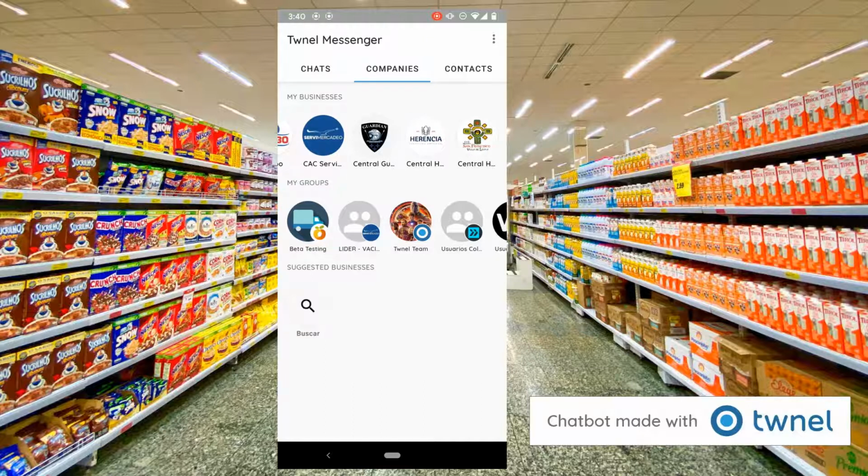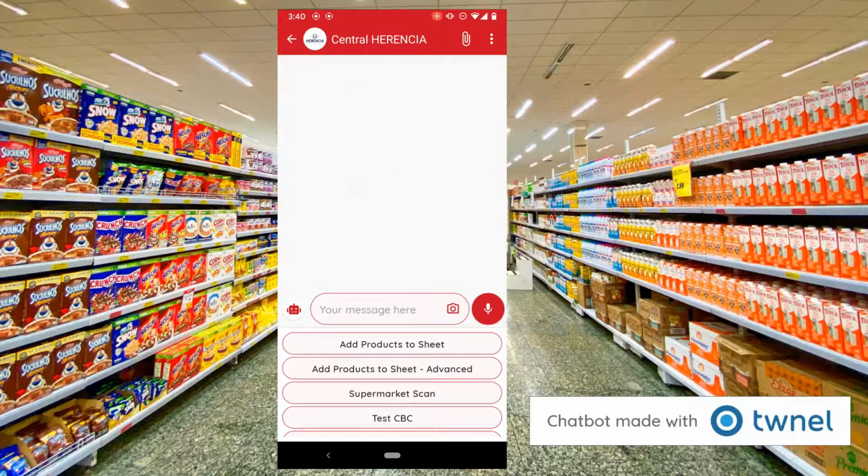So in this particular case, I'm going to show something very simple. I open a Twnel Messenger and go to a company called Herencia. And here you can see I have a few automations or chatbot flows. And in this particular video, I want to show one that is very simple, that is how to add products